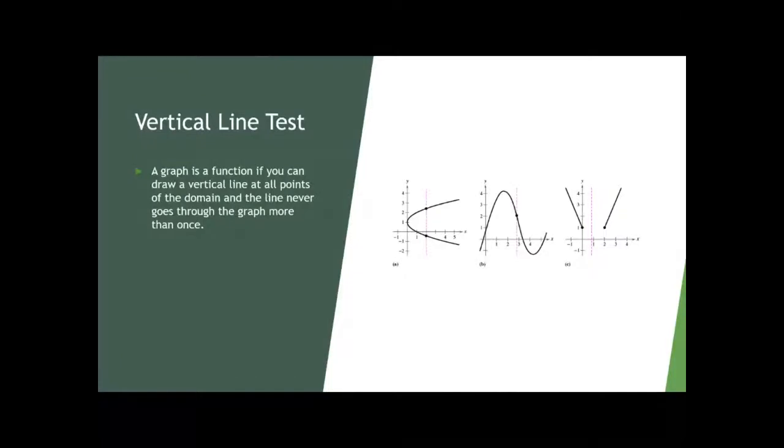So starting with the vertical line test. A graph is a function if you can draw a vertical line at all points of the domain and the line never goes through the graph more than once. So I've got 3 different pictures here. And so the first one is not a function because it has a vertical line and it hits the graph twice. So that is not,